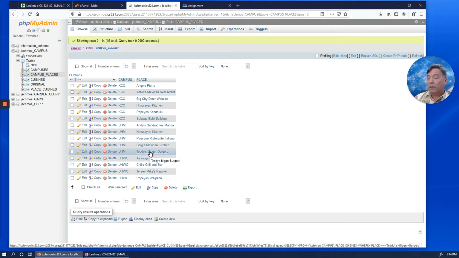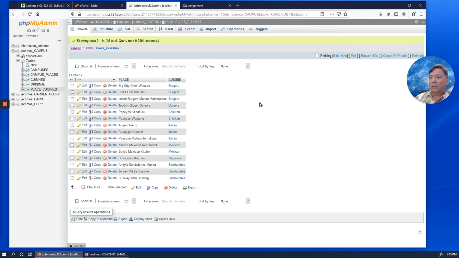So if the folks at Himalayan Kitchen were to come along and say, we don't like making Nepalese food anymore, we want to make burgers, so they want to change their cuisine to burgers. Let's say they're going to make a Nepalese version of a burger.